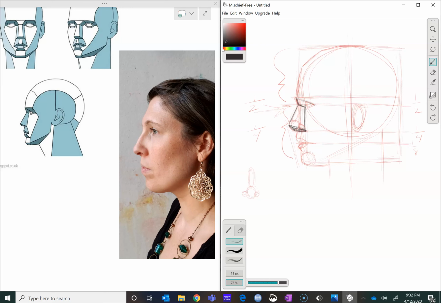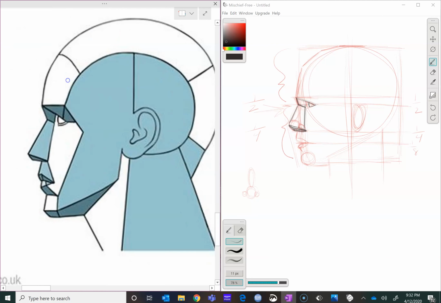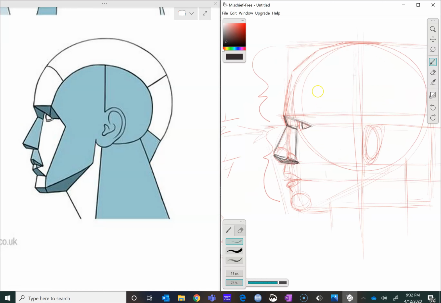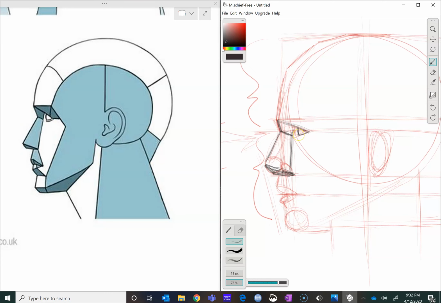And this is going to come right in line with where that top plane of the eye is going to be. So I'm going to move my eyeball back just a little bit. And that's just as well, because now I get to add a little bit more detail, like you see here, where it's curving just a little bit. So I'll make this a little bigger as well. And then I can add this curving. And this is actually going around and behind that orb of the eye, and then attaching to this